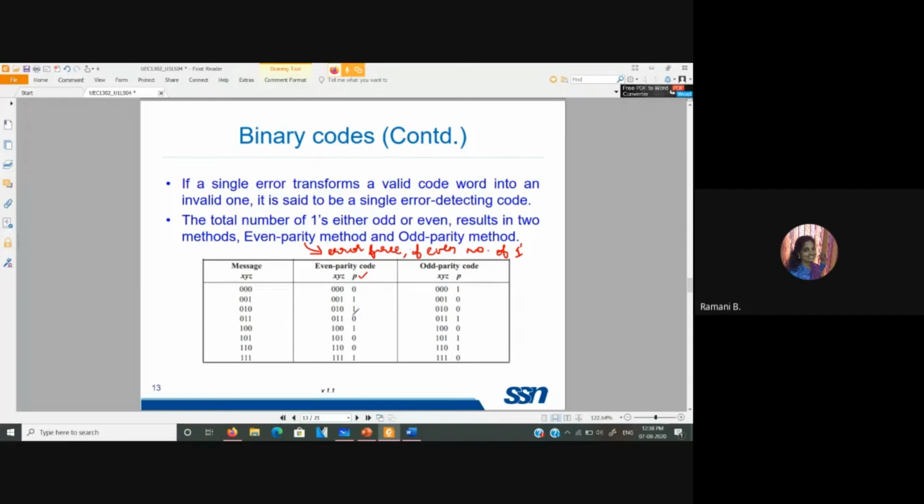Let us consider a 7-bit number. A is sending 10110000. This is the message A has to transmit to B.